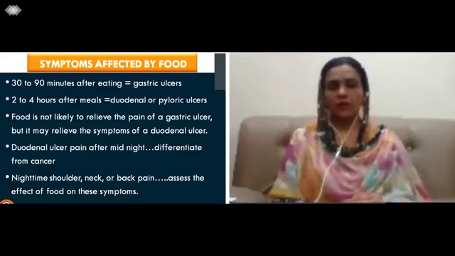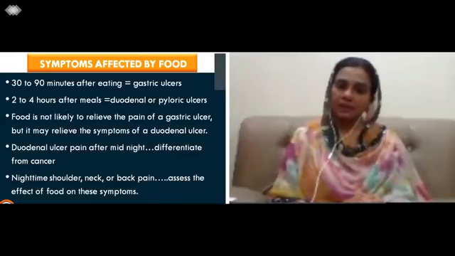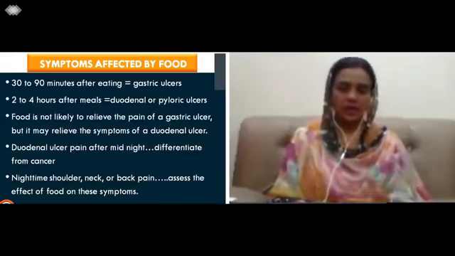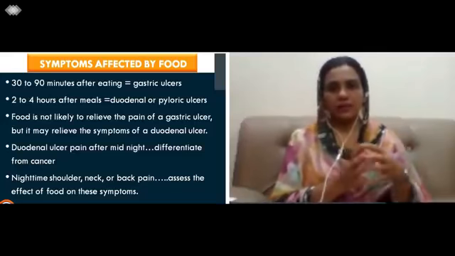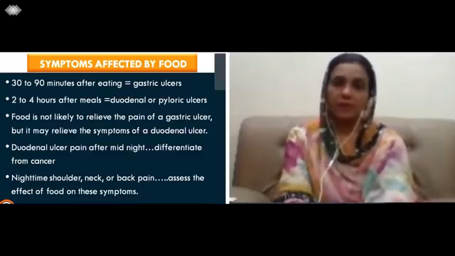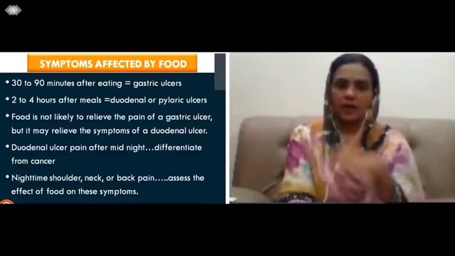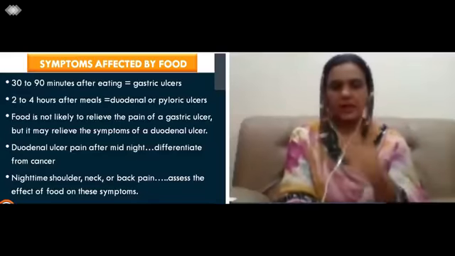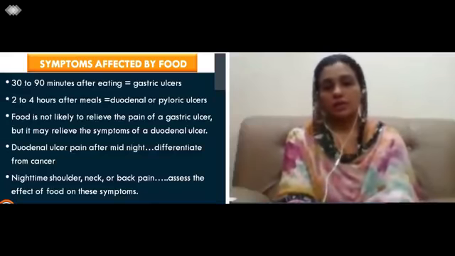That's how we can differentiate from cancer. Then again, if the patient is presenting to you with nighttime radiated pain, any radiated pain, the primary complaint of shoulder, neck, and back pain, those are the areas where pain from the GIT can refer. So if the patient is presenting with referred pain patterns, especially at night,